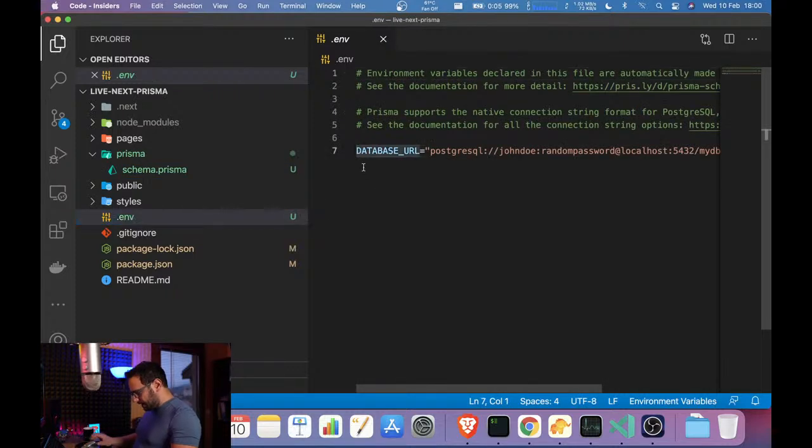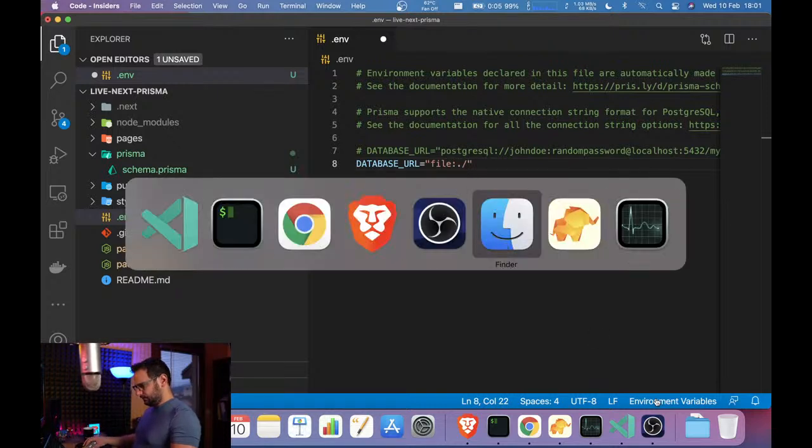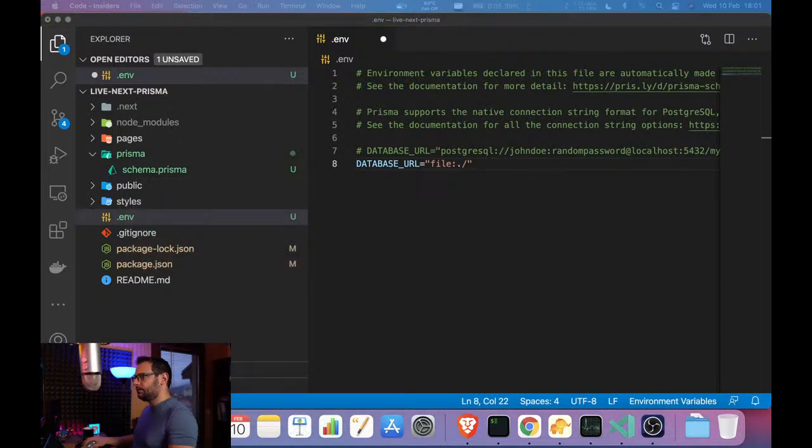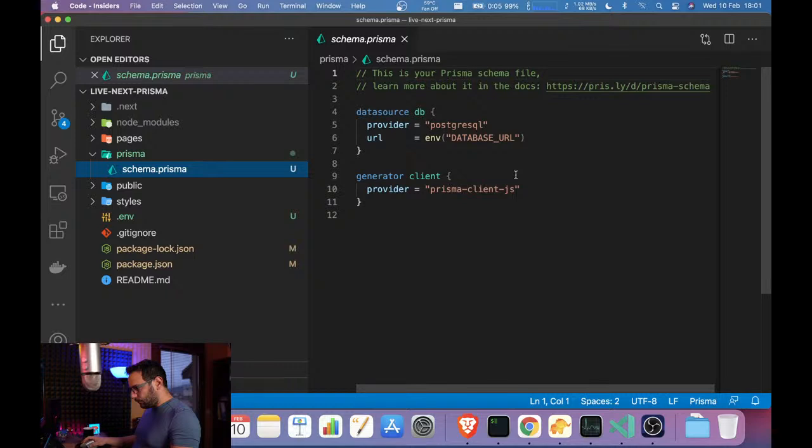I want to comment this out and maybe create a new database URL. Locally it will be, I think, file:./sqlite.db. I want to save our database locally just for development, and we won't worry about this.